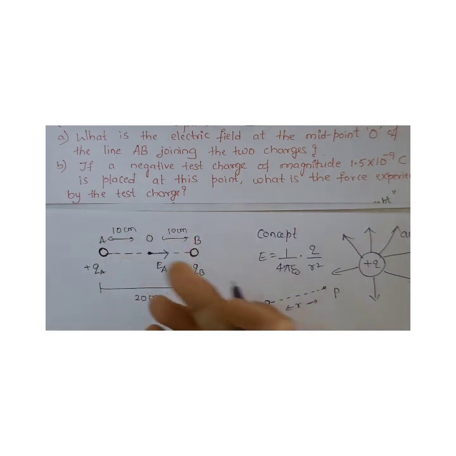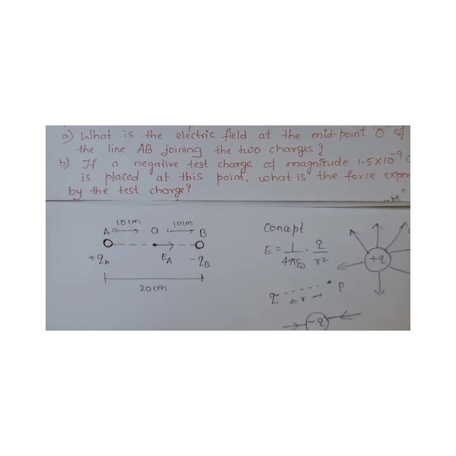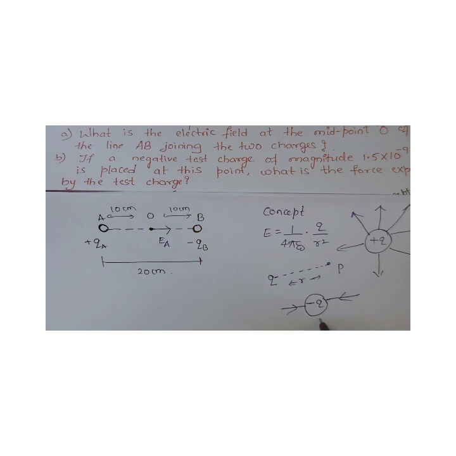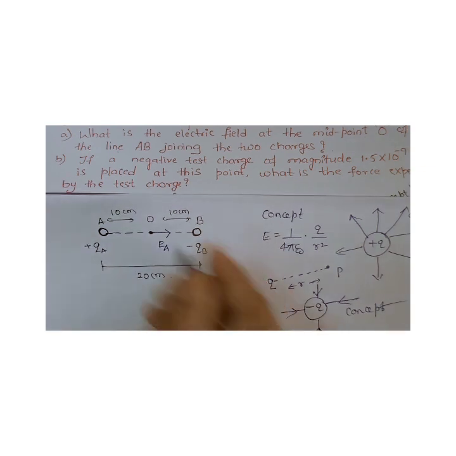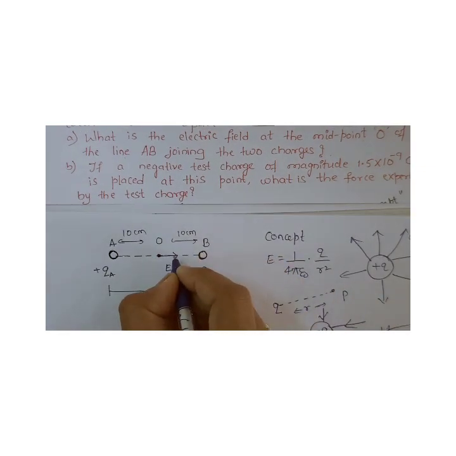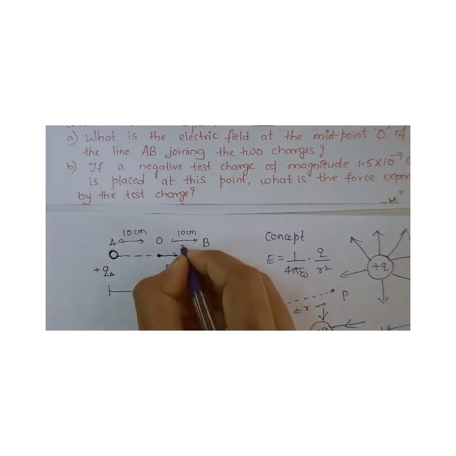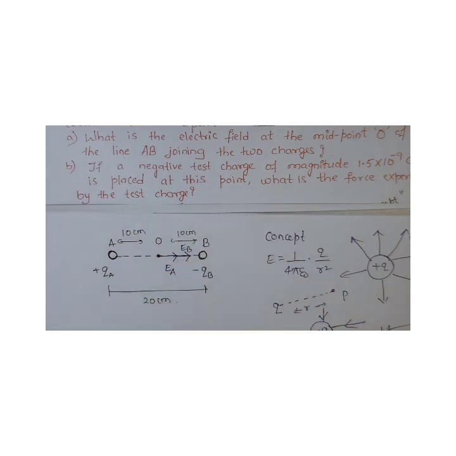Now we'll see about its direction. So what is the direction due to negative charge? It is towards the negative charge, this concept. Is that clear? So that means you're using this concept here. So what is the second electric field? Towards the negative charge. I'll take it as EB.